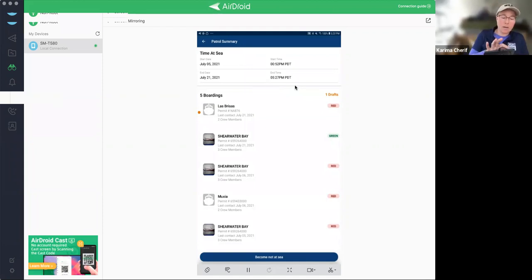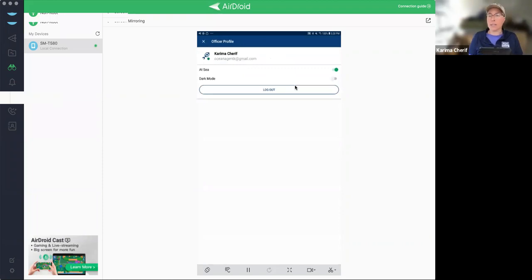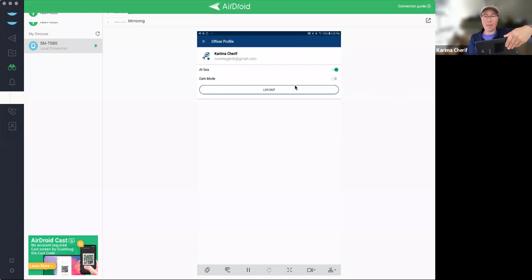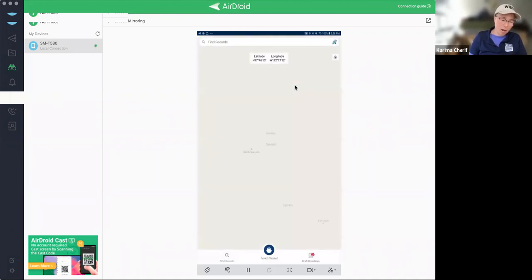Next, another thing I was wanting to mention is that if you are using Ofish on a tablet, it only works in the vertical position. You cannot turn it sideways and have it work. It's going to stay in that orientation. So let's see here. We're going to get out of the officer's